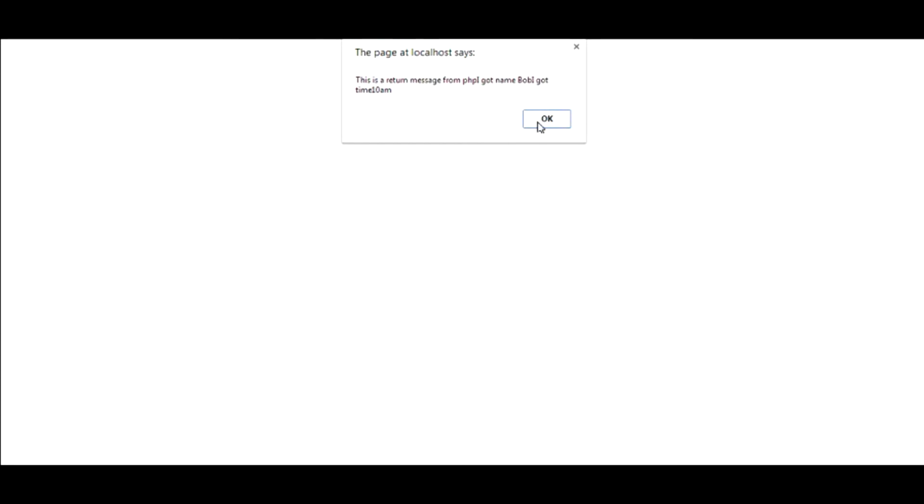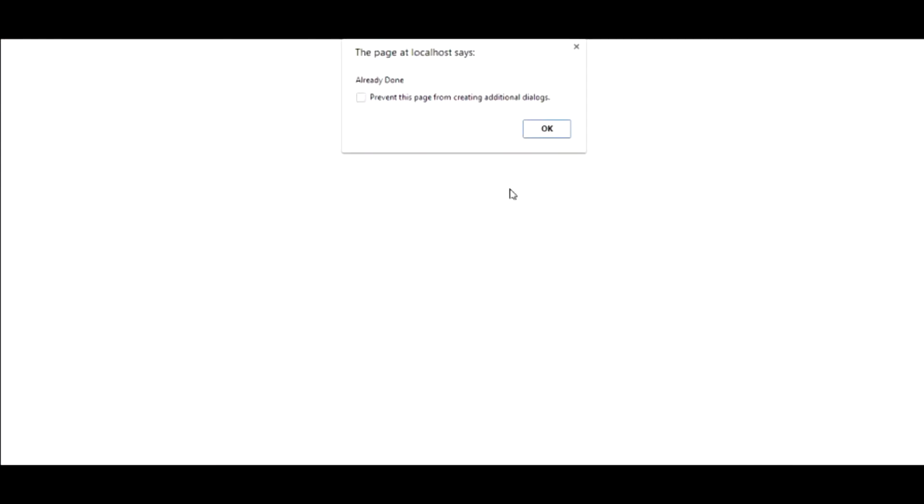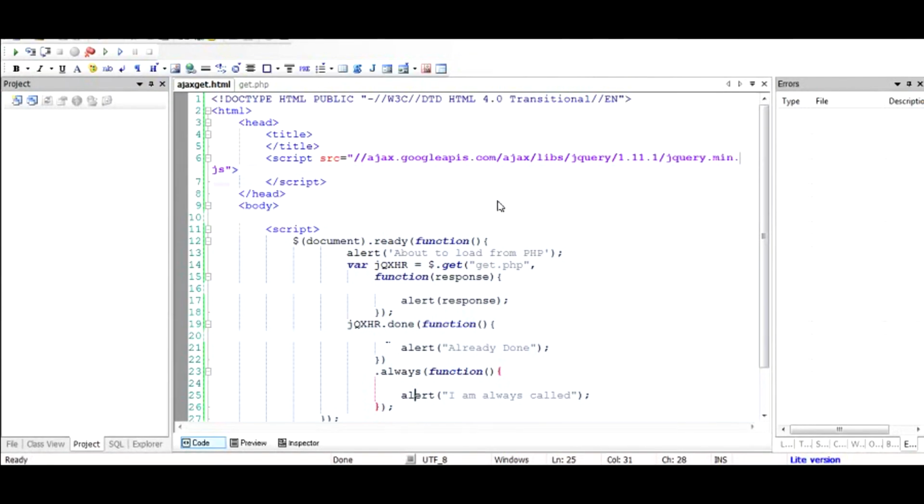So if I press OK, I should get another message which says already done, which comes from the done part of it after the response has been received, and there's something executed always, irrespective of the failure or success, which will say I am always called. So let us see. If I press OK, then it says I am always called. So basically you can use this kind of chaining effect to build a lot of good quality functionality in your document, and you can utilize get to